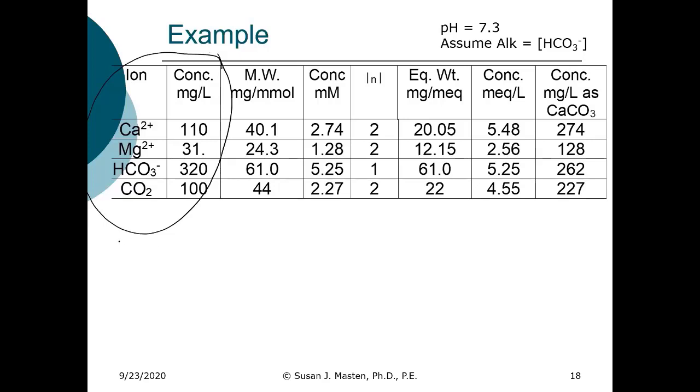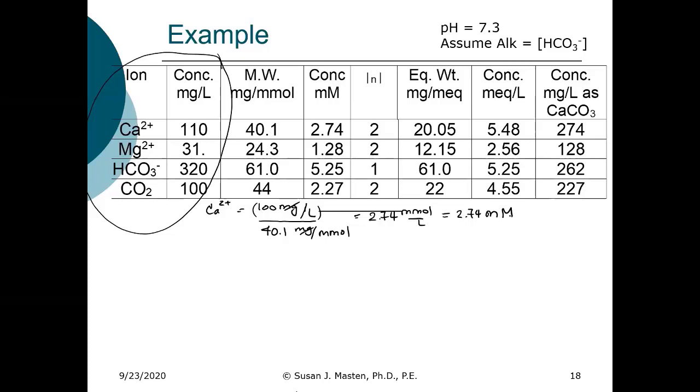So for example, we have calcium 2 plus, with a concentration of 100 milligrams per liter. We'll divide that by 40.1 milligrams per millimole. Milligrams cancel, and we have 2.74 millimoles per liter, or 2.74 millimolar. So we do the same calculations for magnesium,